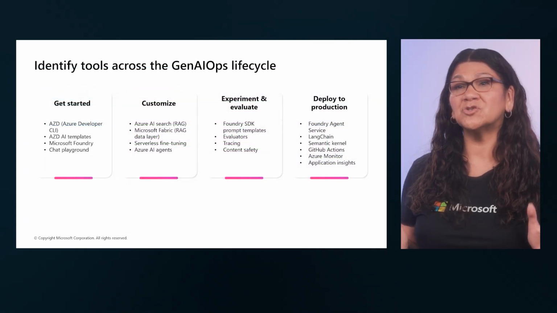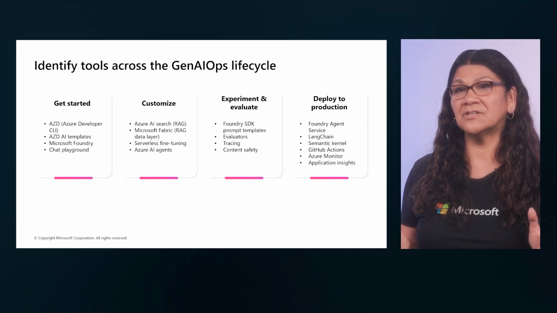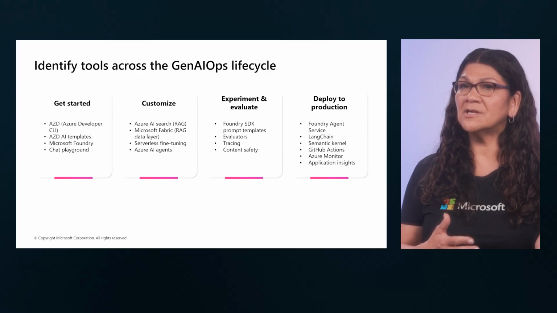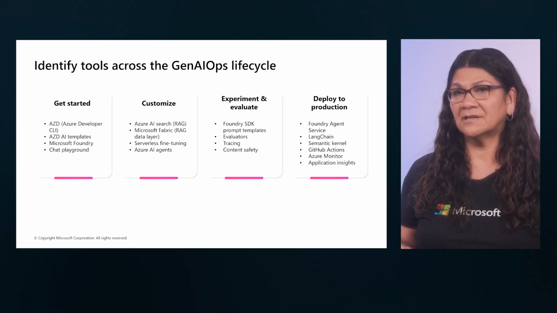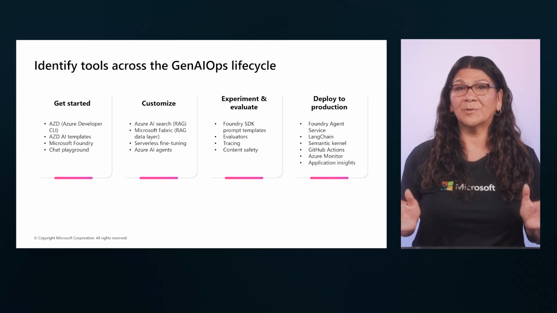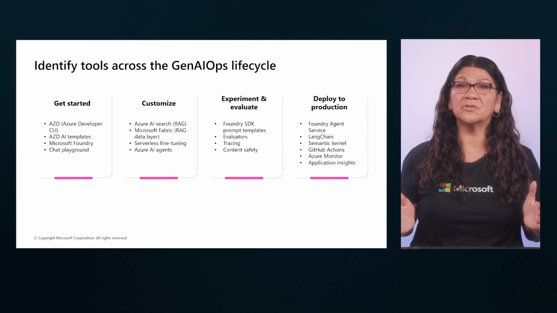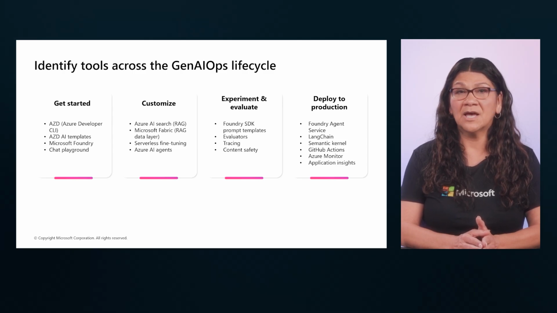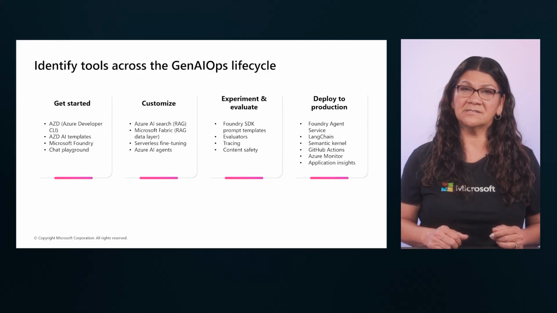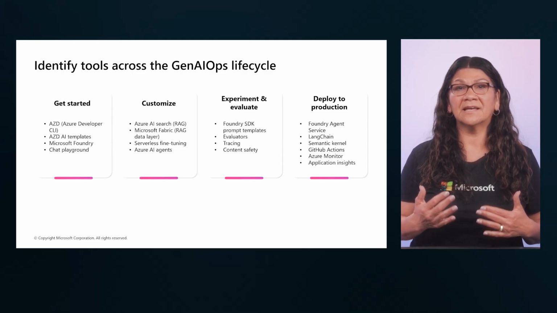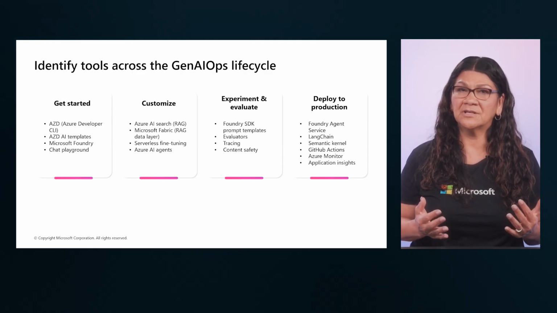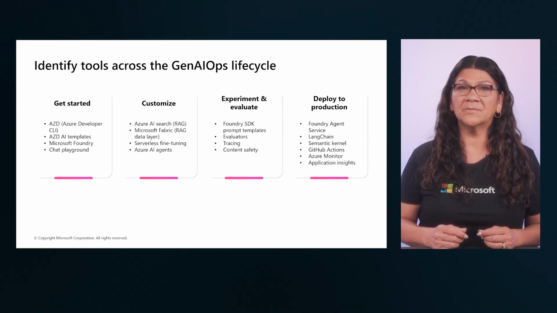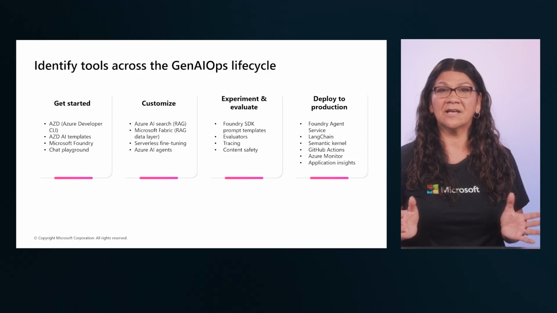Now let's see which tools support each phase of the GenAIOps lifecycle, from early experimentation to production operations. Teams begin by rapidly prototyping agents with tools like the Azure Developer CLI, templates, and chat playgrounds. As they progress, they customize and enhance the agent with retrieval augmented generation, or RAG, enterprise data from Microsoft Fabric,